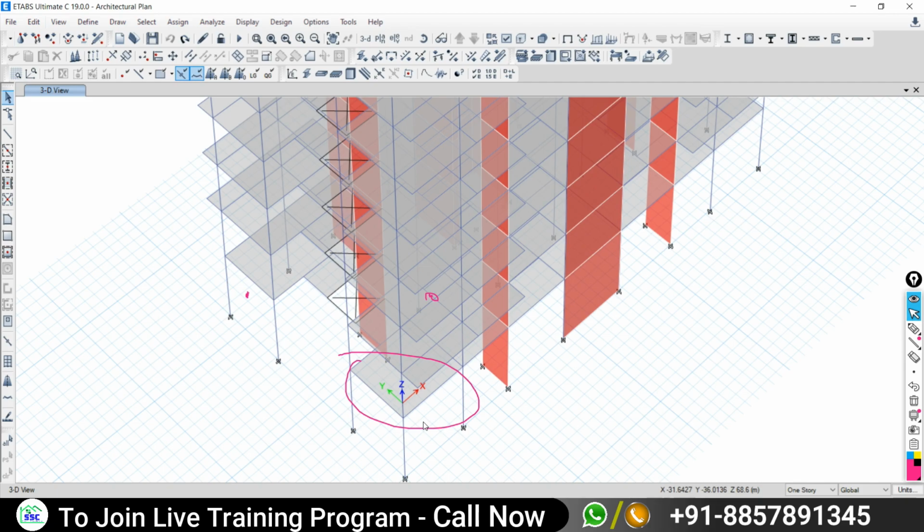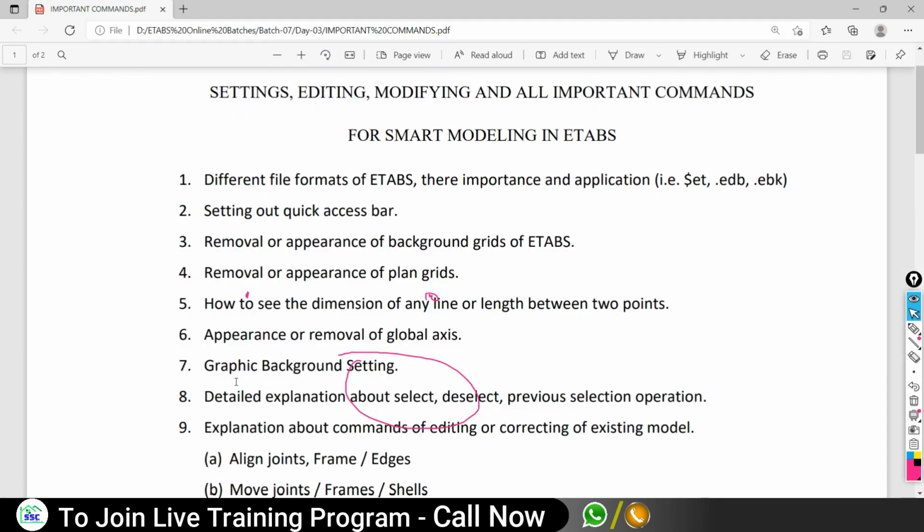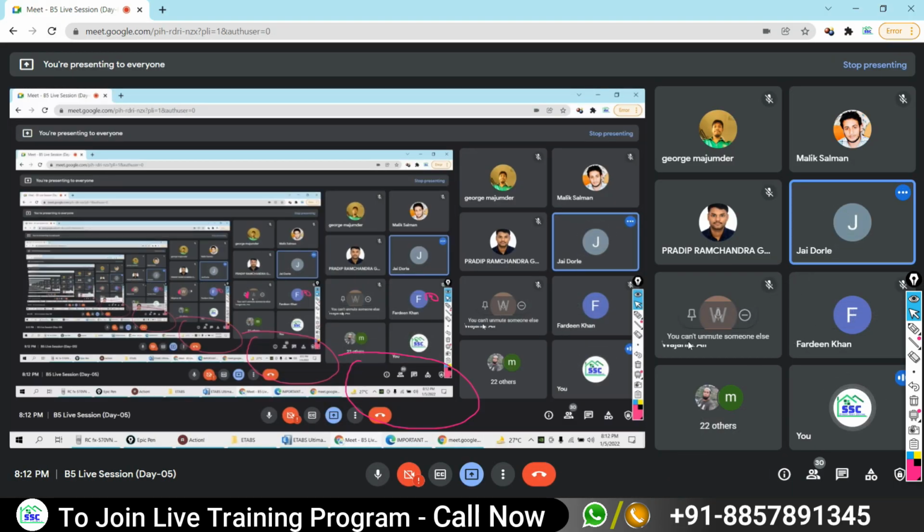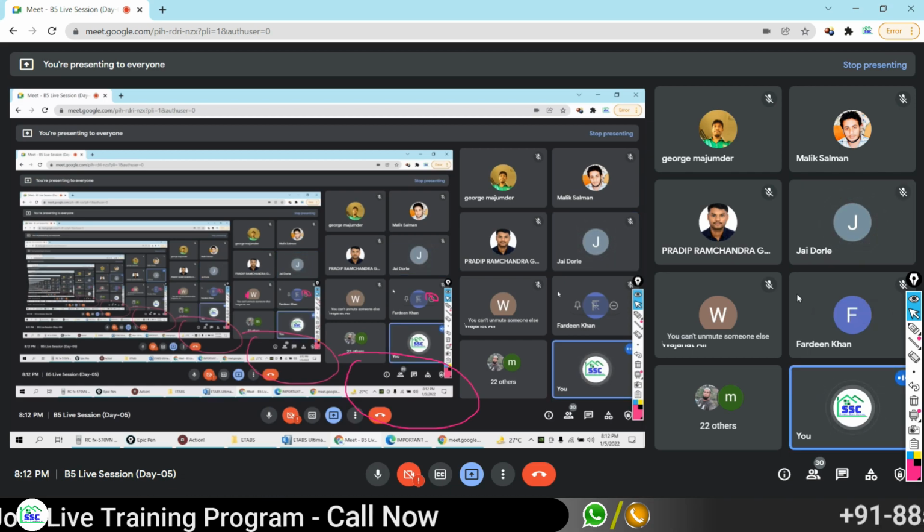Now go to the next part, graphic background setting. Sir, I have one question. Why is it not showing the local axis if we give the command show axis? No, that option is only for the global axis.